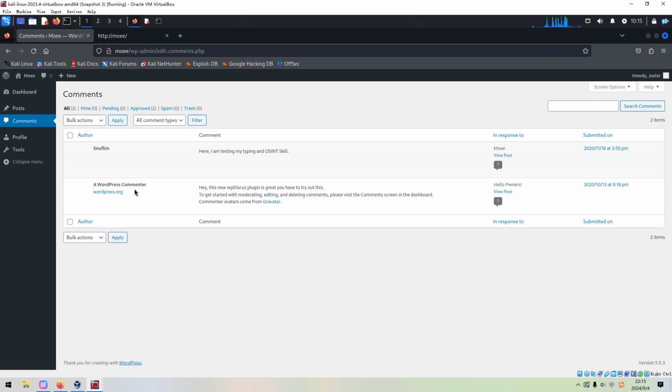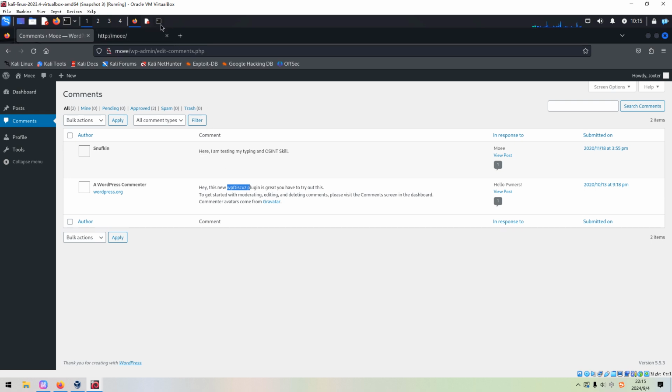And AutoPress commenter. Hi, this one plugin is great. You have to try out this. To get started with moderating, editing, and deleting comments, please visit the comments screen in the dashboard. So it means that this WordPress has this plugin, okay?